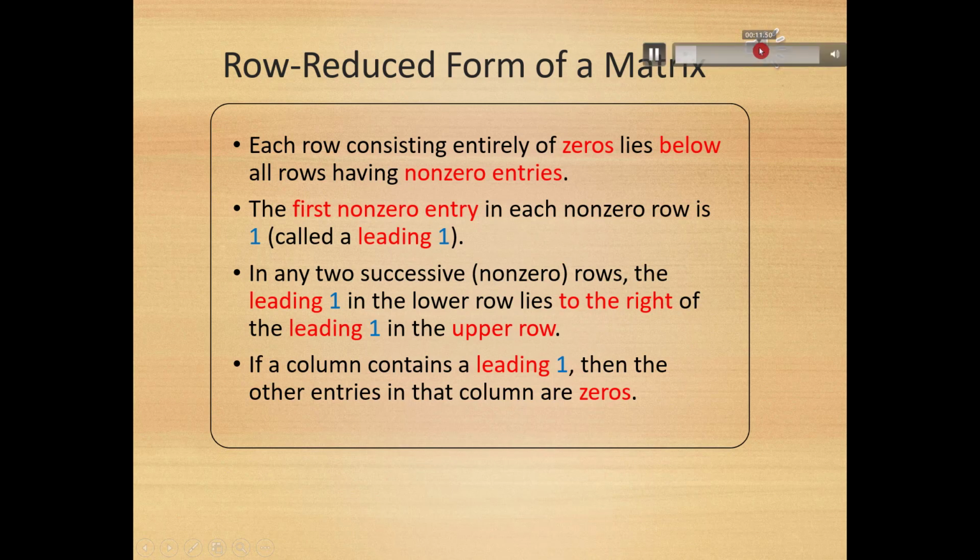Row reduced form of a matrix. Each row consisting entirely of zeros lies below all rows having non-zero entries. The first non-zero entry in each non-zero row is 1. In any two successive rows, the leading one in the lower row lies to the right of